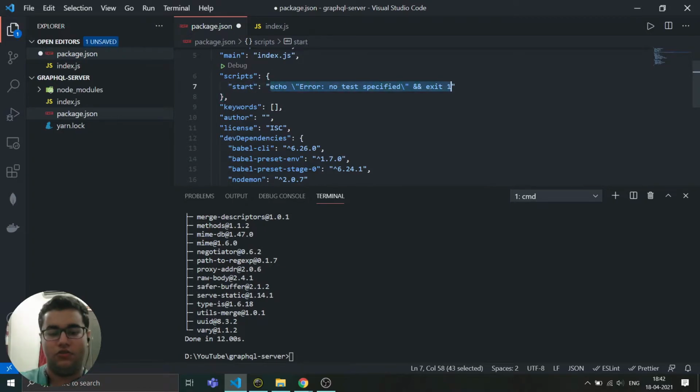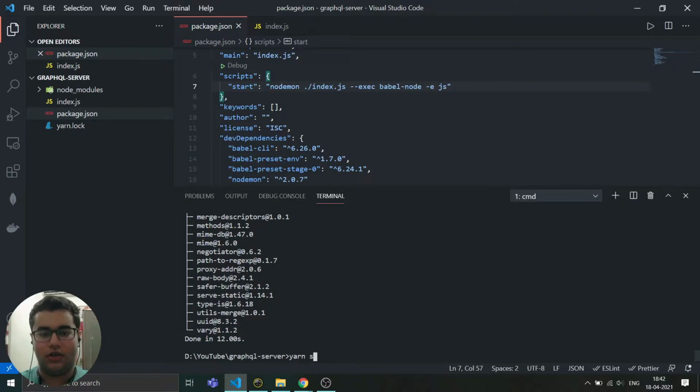Inside of this we are going to write nodemon ./index.js, that points to the index.js file that we created just now, and exec, then babel-node, some basic babel stuff.